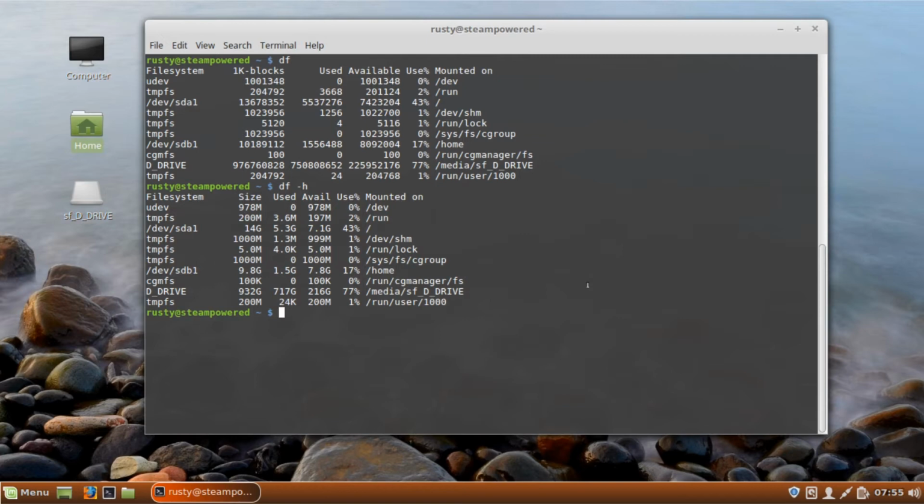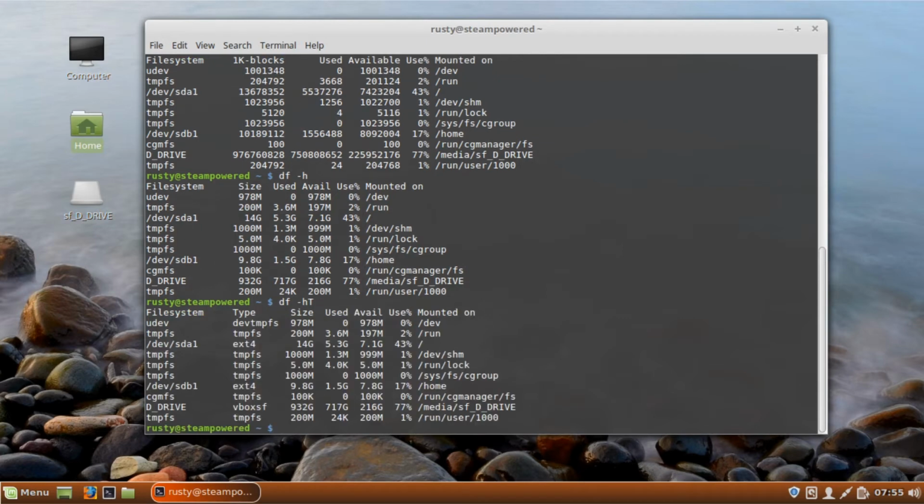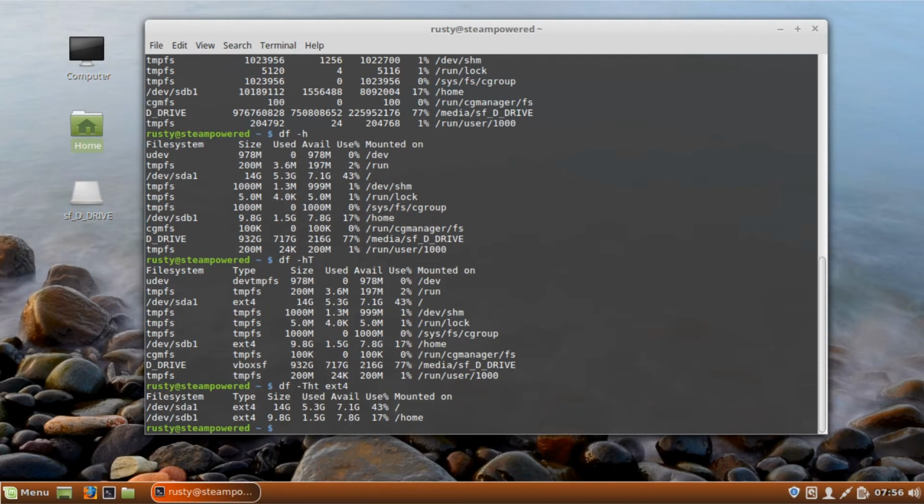There's another switch that we can use, which is the -T switch. So if I do a df -hT, now you will see a different column for the type of file system you have. Also, if we use the same file system type, we can actually limit the display to show just that. And in my case, I'm using ext4 for everything. So if I do a df -hT -t ext4 and press enter, now I'm only going to